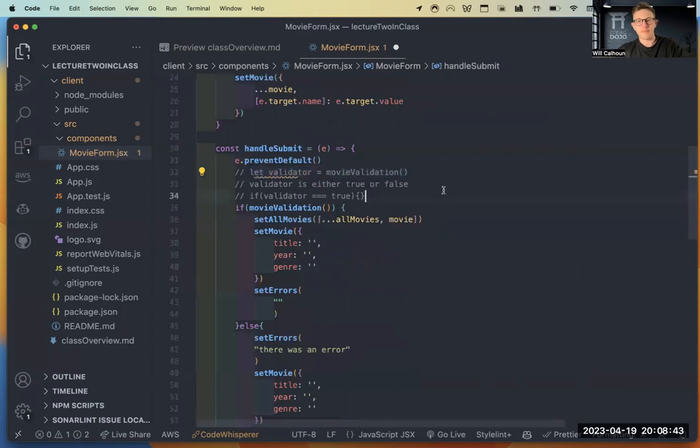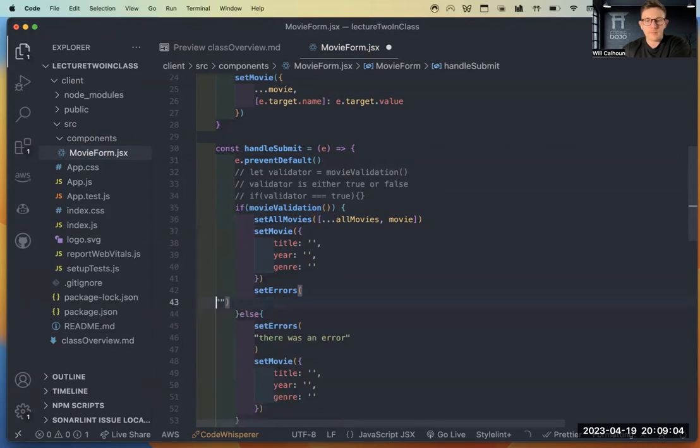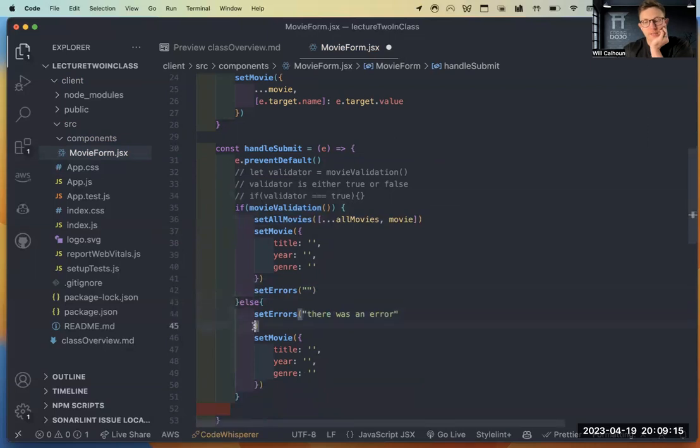We talked about how we could handle that here. Let's go ahead and comment that out. This code will be there. I'll push this code to GitHub, so I'll keep this in here too to help you understand. We basically put this in an if statement and said, hey, if it is valid, meaning it passed everything, let's do everything normal, other than we have this state of set errors. I don't like how that looks. We had to reset it. Or if it doesn't pass, meaning there was an error, let's go ahead and set our errors. We had a new piece of state called errors, and we're setting it and saying, hey, there was an error.